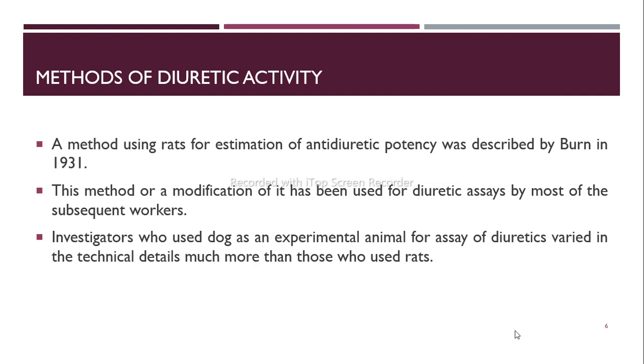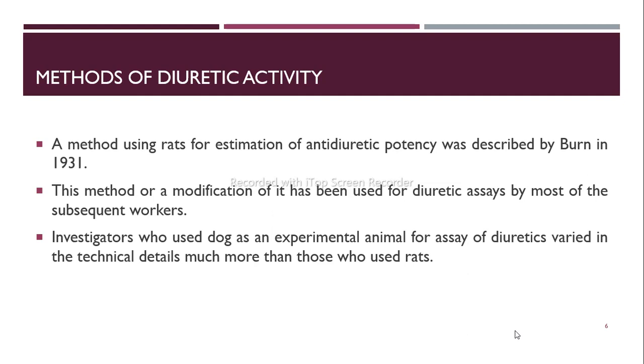Okay, so investigators who used dog as an experimental animal for assay of diuretics varied in technical details much more than those who used rats. Okay, so as a dog is a large experimental animal, the technical details which are to be used for a dog are different from the technical details which are to be applied in case of rat